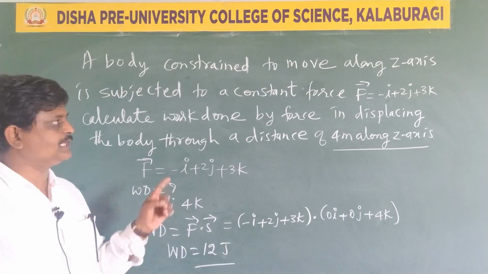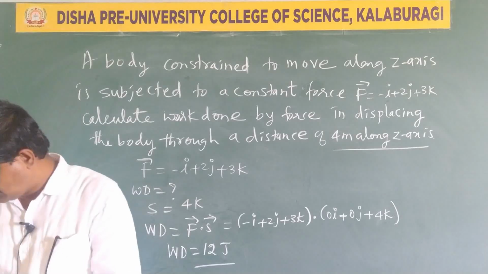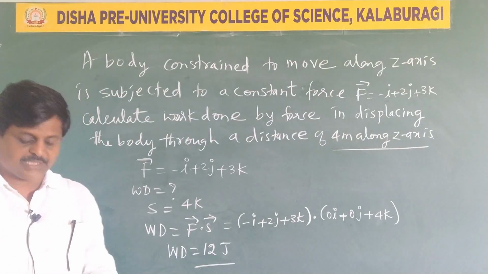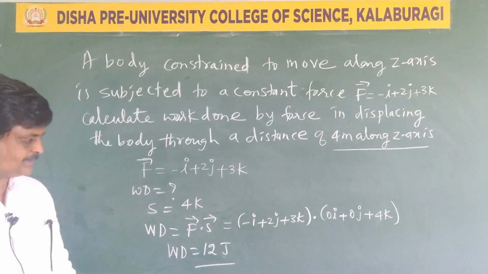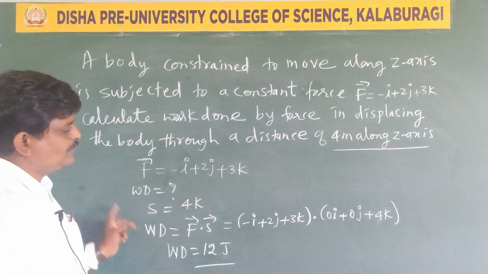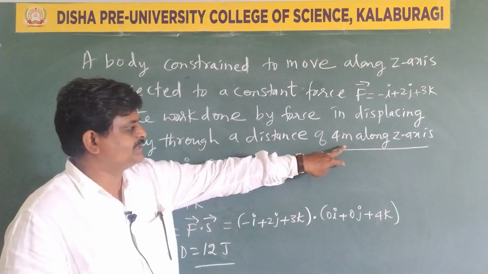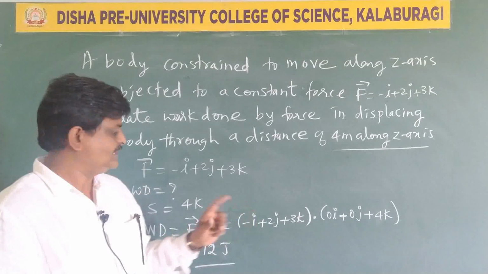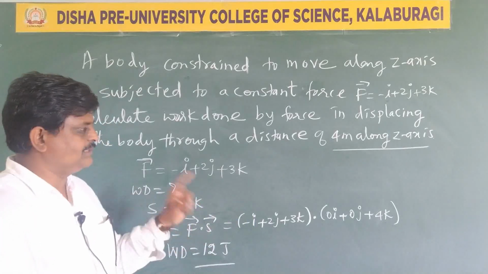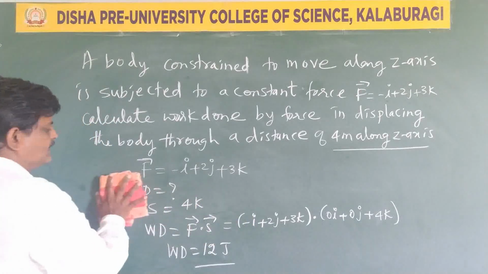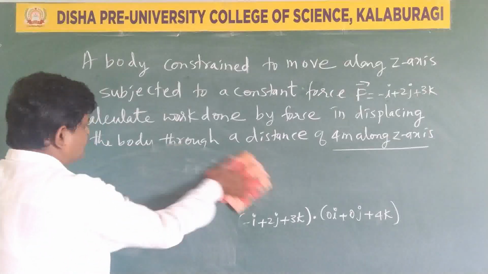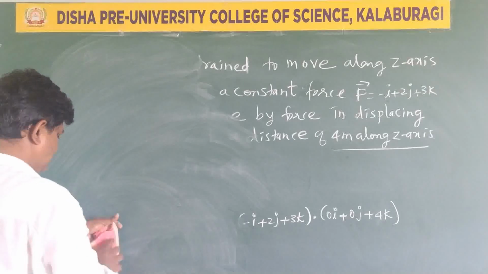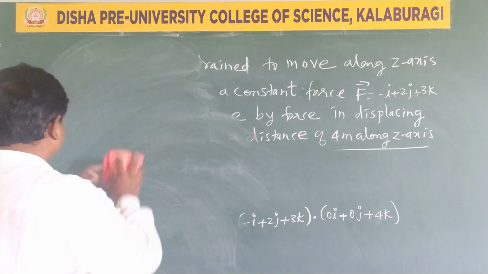Right, this is how you can operate the dot product. See, such problems are helpful in tackling the objectives. Agree? So very simple one. Only the specified concept is 4 meter along the z axis. How do you write this in vector form? Very simple. Already you know the vector that we take to represent along z is k.